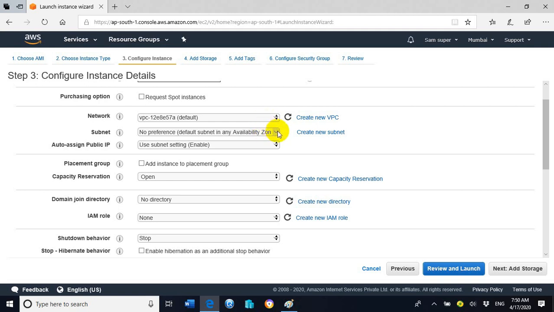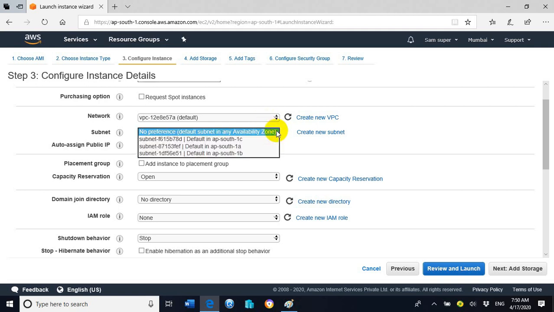If we click on the subnet, it will show us availability zones. So we have 3 availability zones inside the Mumbai region because we selected the Mumbai region on the top. So we have various regions across the whole world in which the AWS data centers are located.